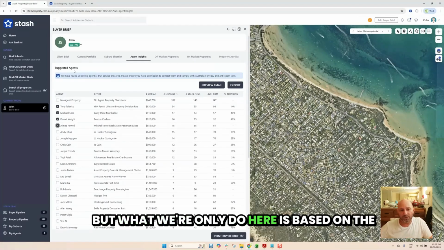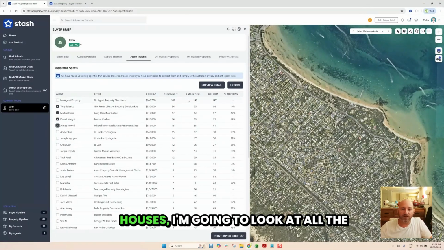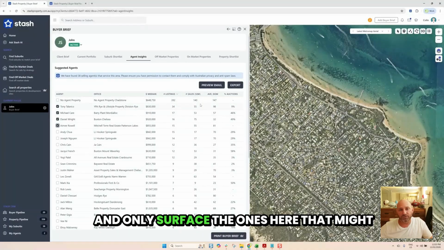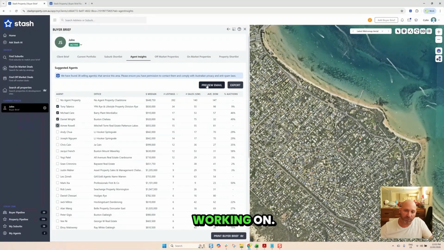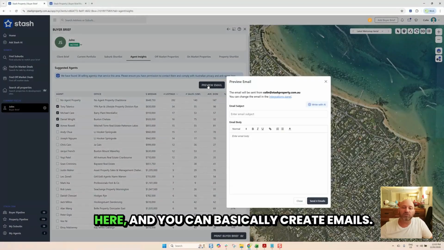What we're going to do here is, based on the brief that my buyer is interested in, which is the 800 to a million 3-bedroom houses, look at all the properties that these agents have sold and only surface the ones here that might have sold properties similar to the brief you're actually working on. So you can connect your Gmail into here, you can connect your Microsoft Outlook into here,